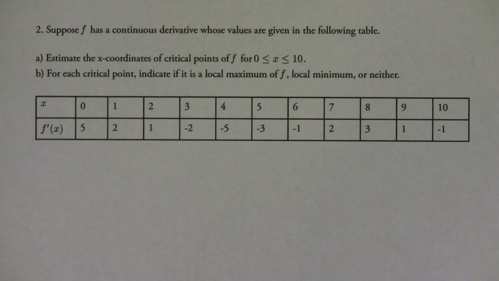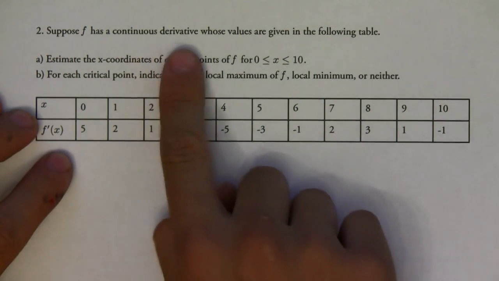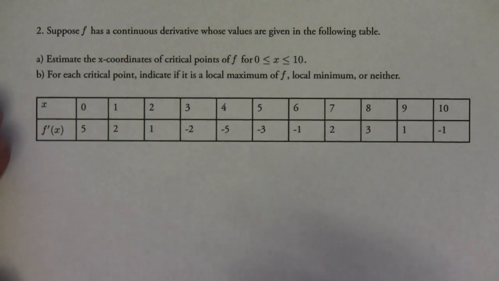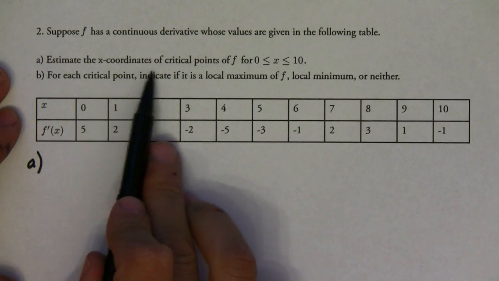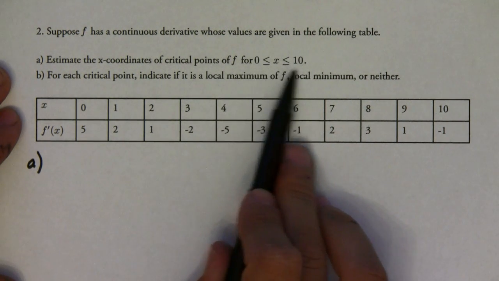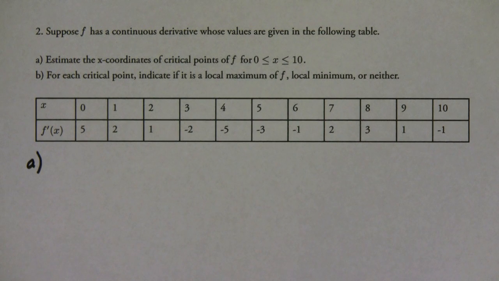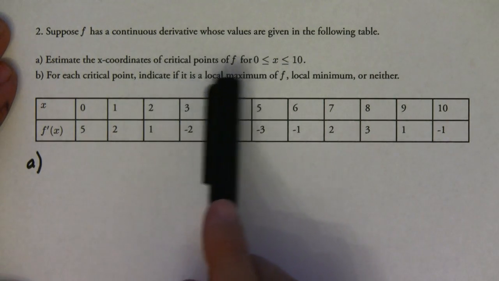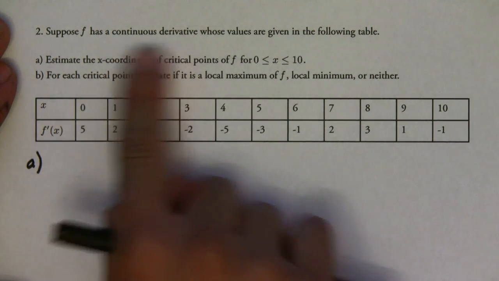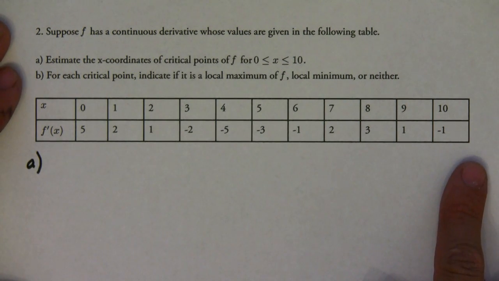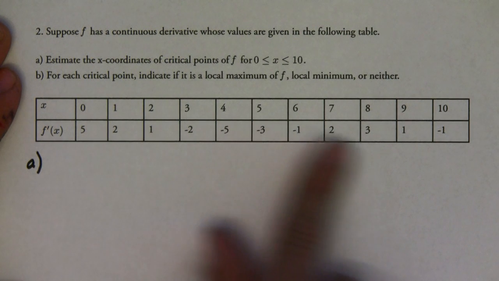Okay, so this problem says suppose f has a continuous derivative whose values are given in the following table. The first question says estimate the x-coordinates of the critical points of f for x being between 0 and 10. Well, remember that the function has critical points where the first derivative is either 0 or undefined. Here it says that the derivative is continuous, and these are the values, so all we're looking for is approximately where the first derivative is